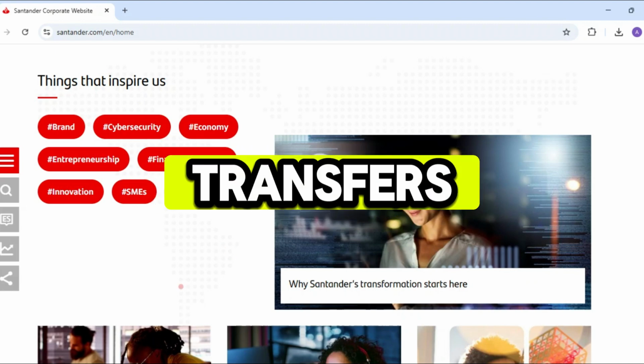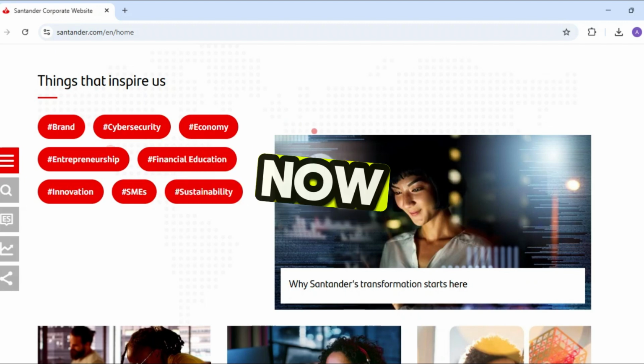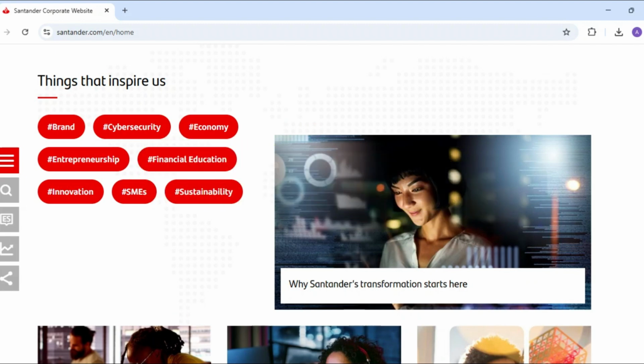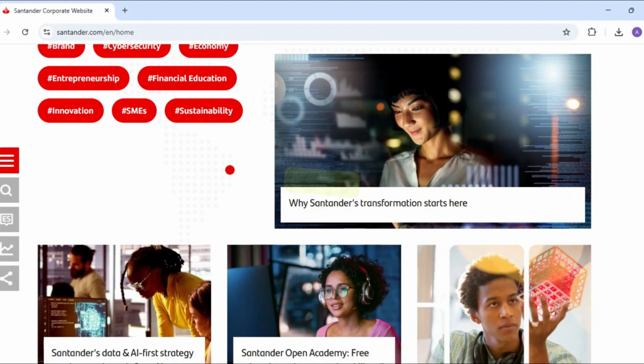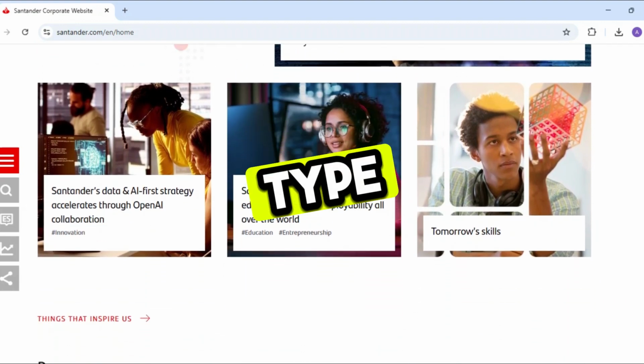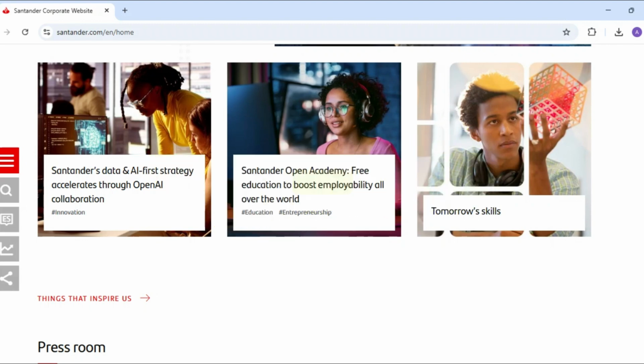Next, go to the transfers or payment section. Then, choose international transfer. Now, enter the recipient's details, including their name, IBAN or account number, and the SWIFT or BIC code of their bank. After that, type in the amount you want to send, select the currency, and carefully review the fees and exchange